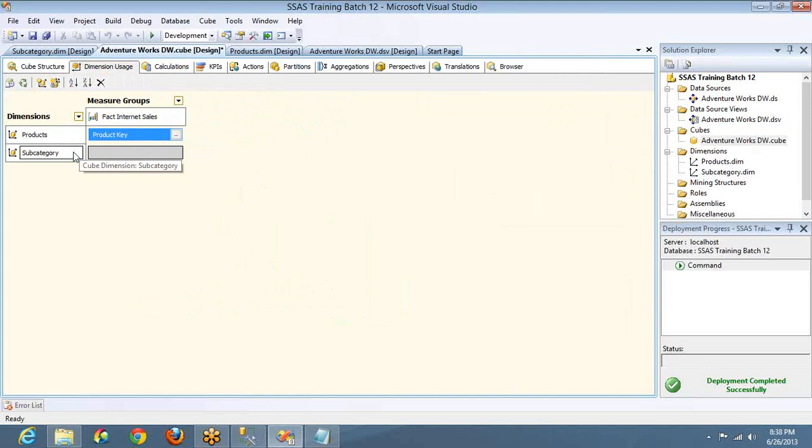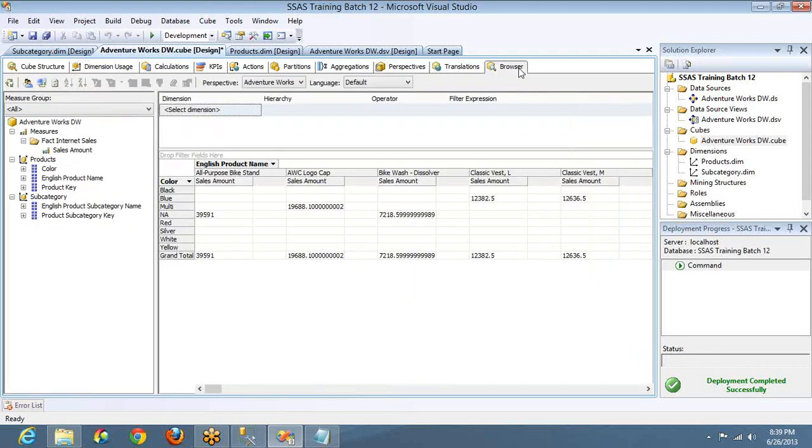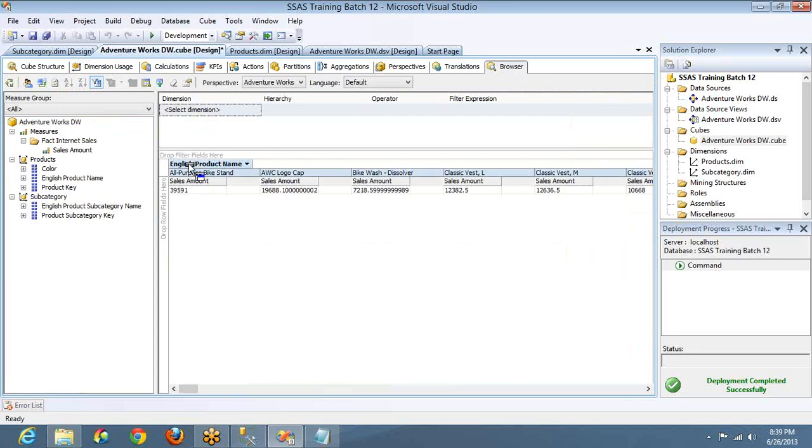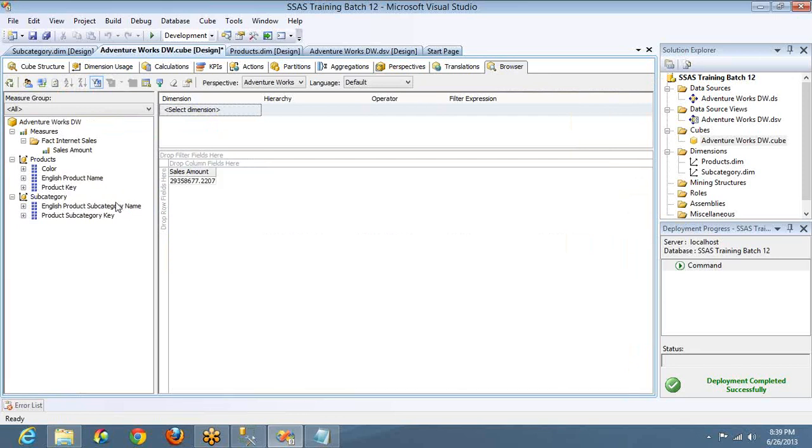And what will happen if the relationship is not set? Let's see that first. In this case, the subcategory and the fact table are not related. Agree? The dark one, the gray color one, means it's not related. First, let's see what will happen if the relationship is not set, and then let's concentrate on how to give the relationships.